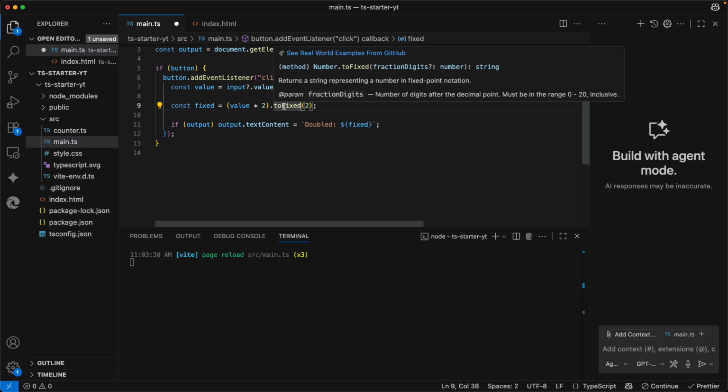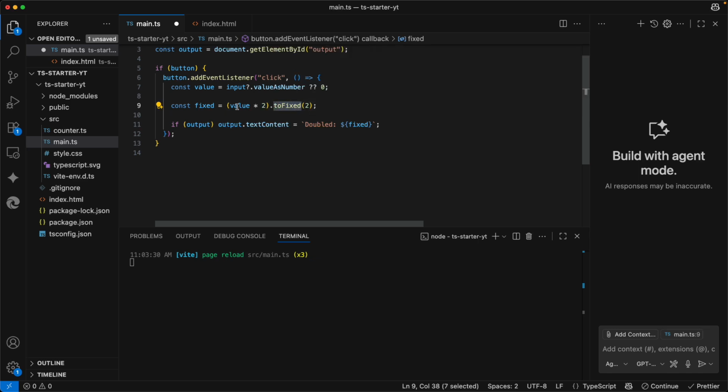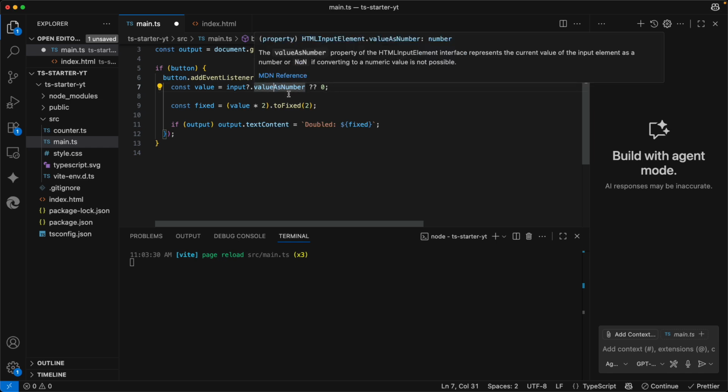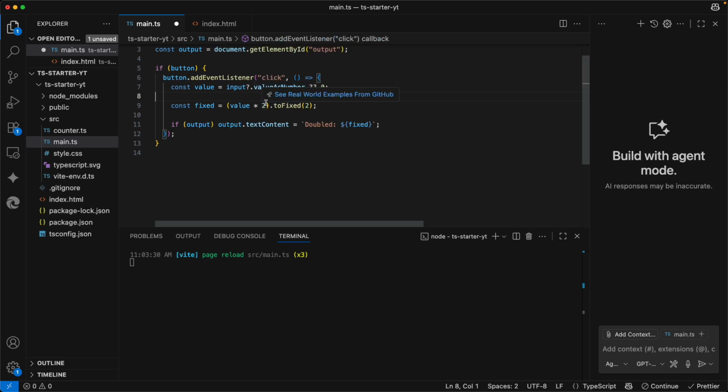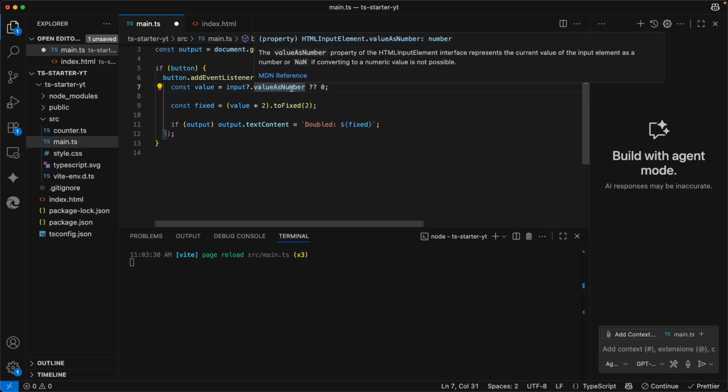So we thought that we had a number, but it was a string, and at runtime you have this method not found error, and here TypeScript indicates that this is wrong at development time, and you can use different solutions for that. So for example, value as number, or parseFloat, parseInt. You could also do something like Number(value), if value would be a string. So that's also a possibility. But I think this is the most elegant version here.